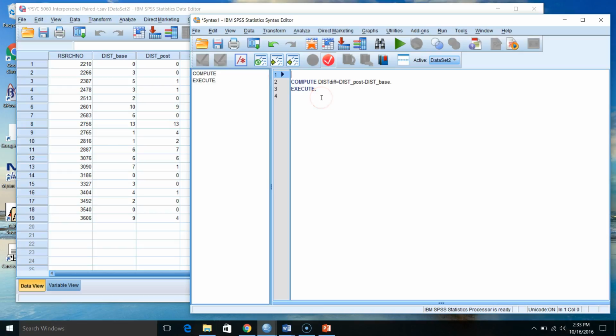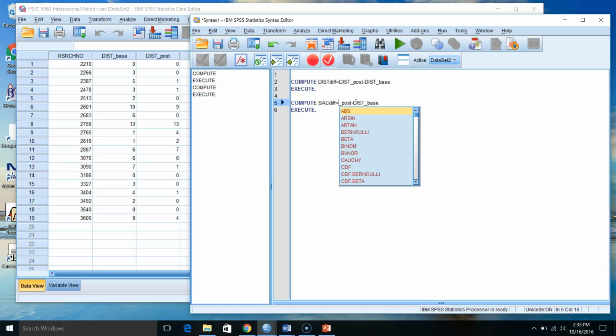But what I can do is go back through the menu and calculate a different score for my self-sacrificing, but it's going to be easier for me to just create it here. So I'm going to go sac difference, right? And it's going to be sac post, sac base, and there we go. And I've got